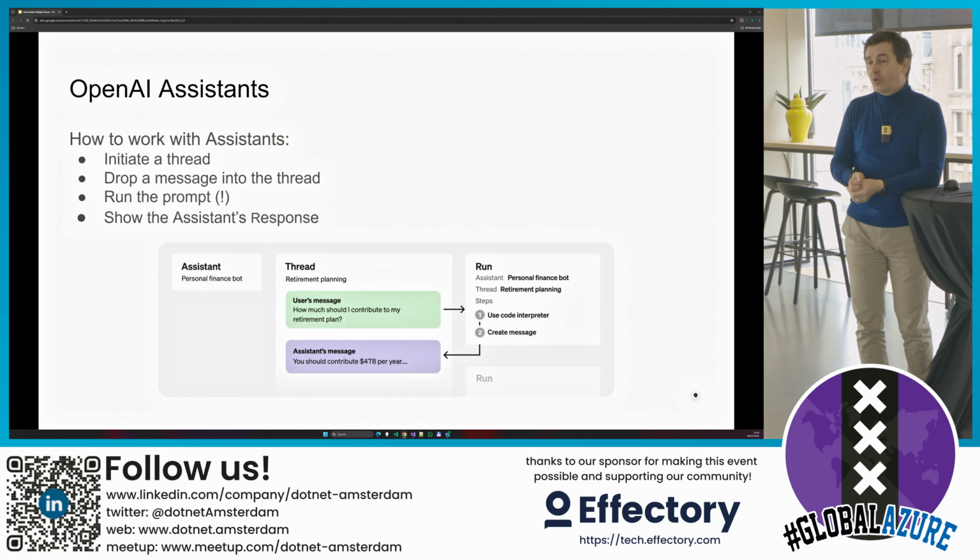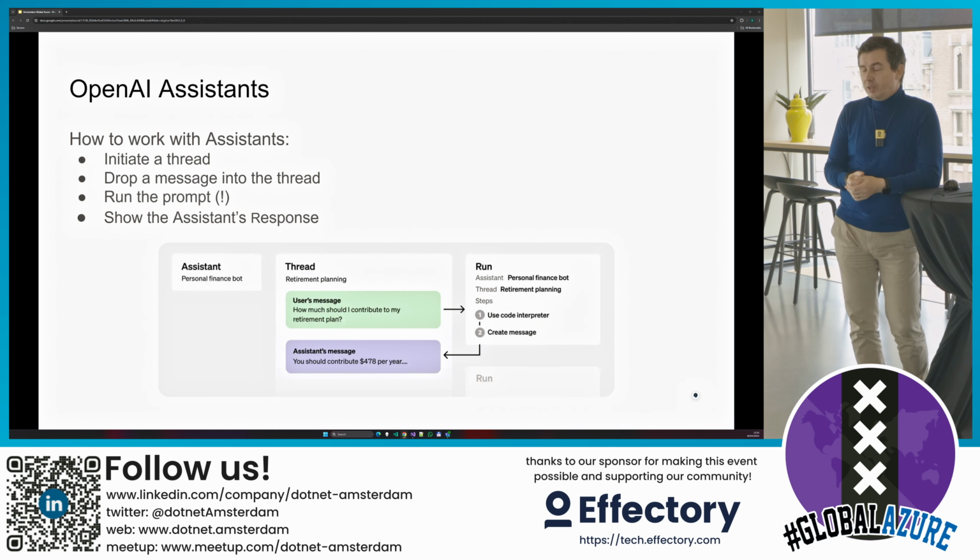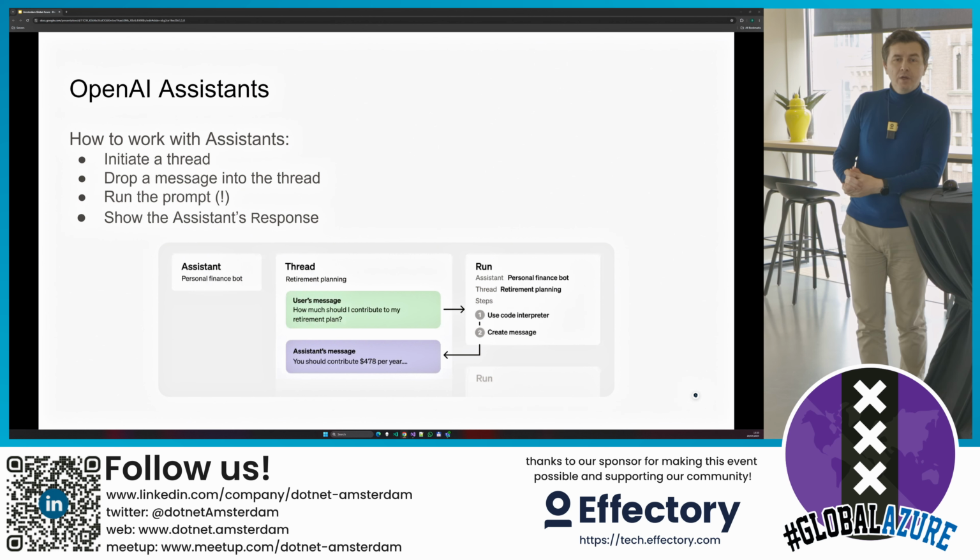But this comes with a cost, and it's not cheap. It's a lot of tokens. Hopefully this will get fixed in the future when the tokens will be cheaper and cheaper. But this is now the trend. I heard somewhere 2024 will be the year for agents.